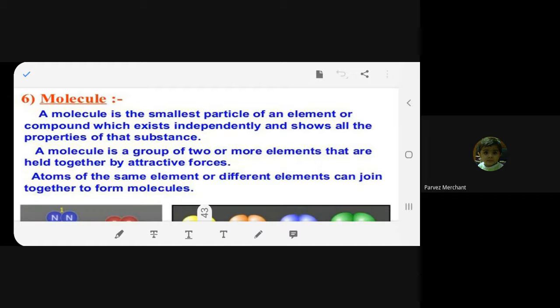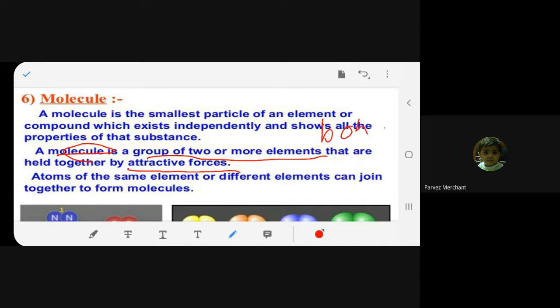Same. Okay, but you check over here. No, ma'am, shows all the properties of the substance is different. Exactly. That we did. NaCl, I think I talked about NaCl. So I have already talked about it. The same thing has been put in a different manner. For example, they have defined molecule as a group of two or more elements which are joined together by attractive forces. What is this attractive force, beta? Bond. What is the attractive force? All of you are understanding, beta? Yes, ma'am. Now, this is about a molecule.